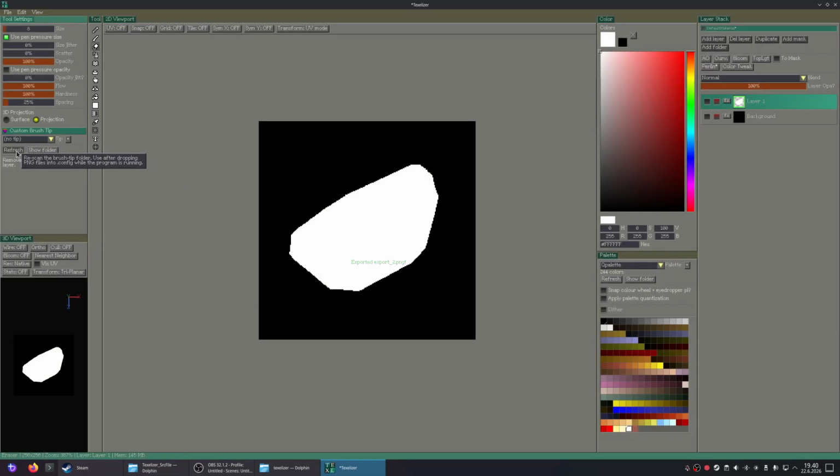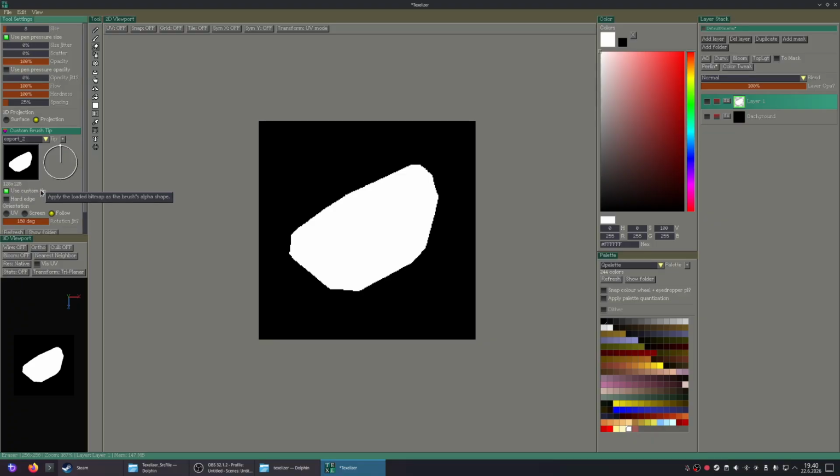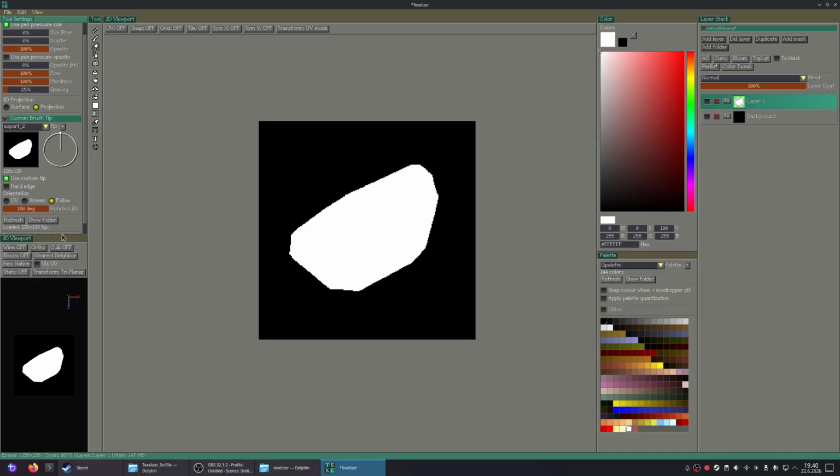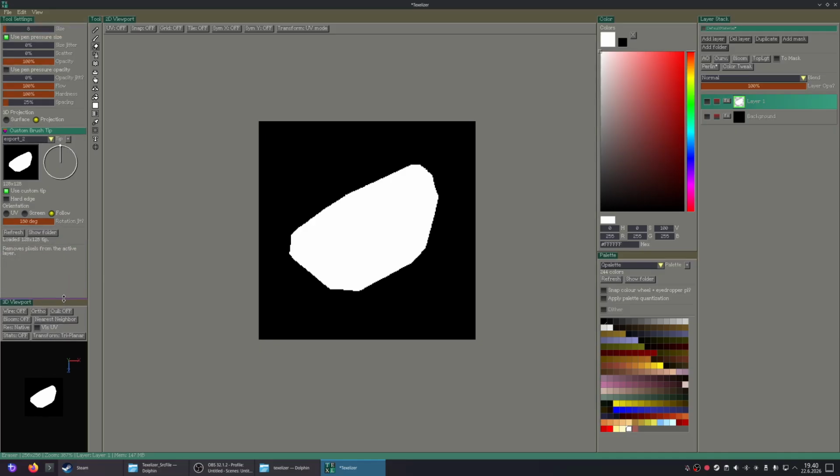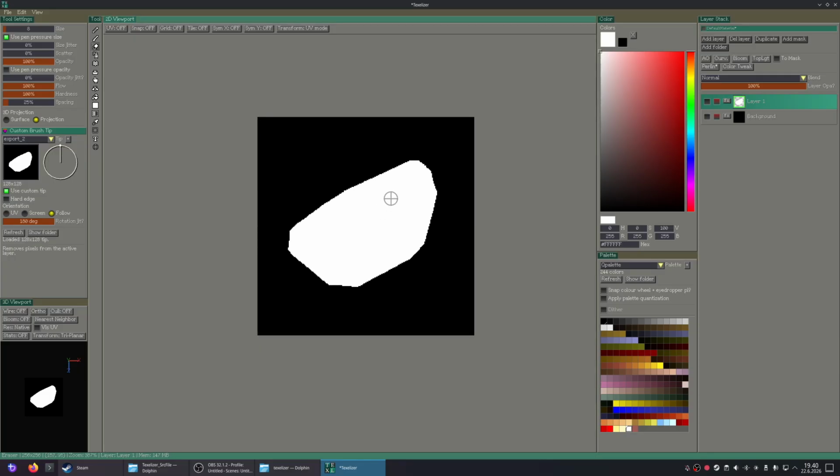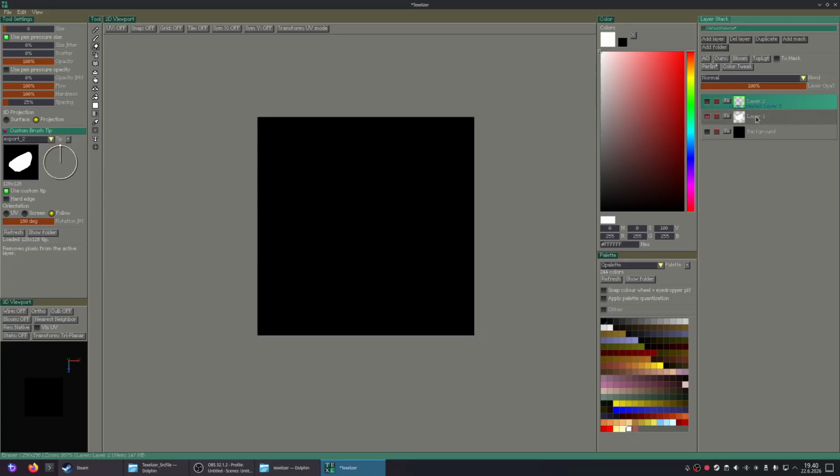And now if I press refresh, I saved it with the name export to, so there it is. This is actually one from my earlier test. Let's resize this a bit. Okay, so there it is. I can now use it as a brush tip. And I'll probably want to just hide that.